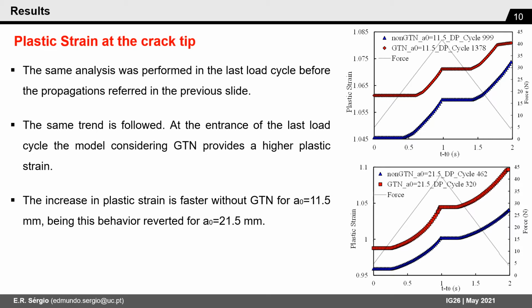For 21.5 mm, the plastic strain increases faster with GTN. Note that the difference at the beginning of the Westwood cycle between both models is smaller for this initial crack length. The planing effect on the curve